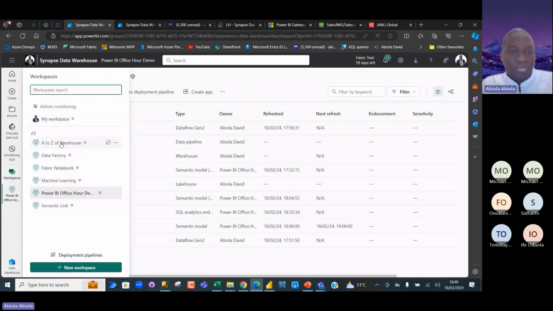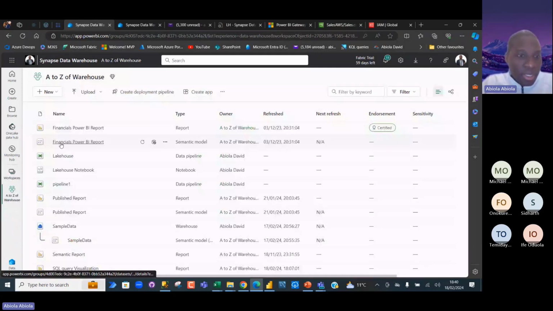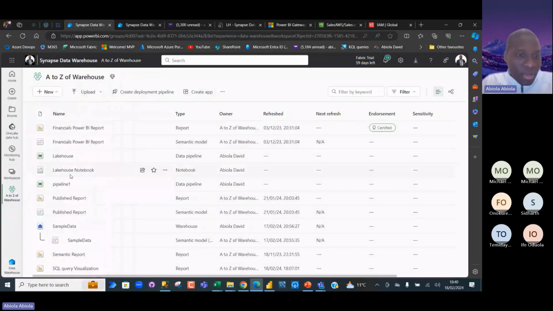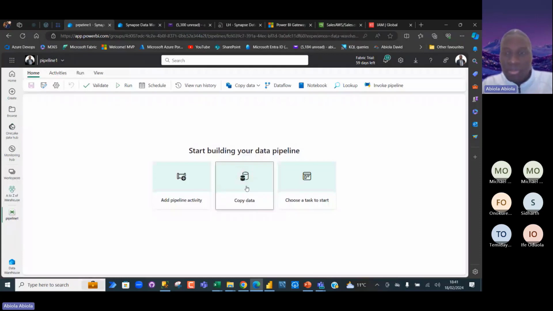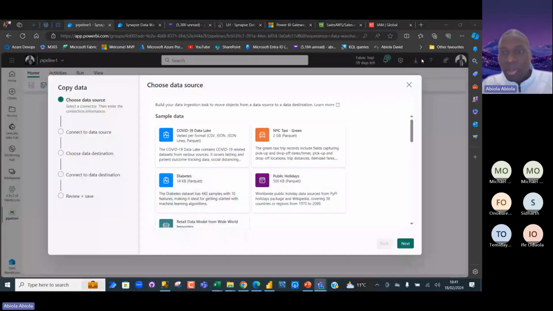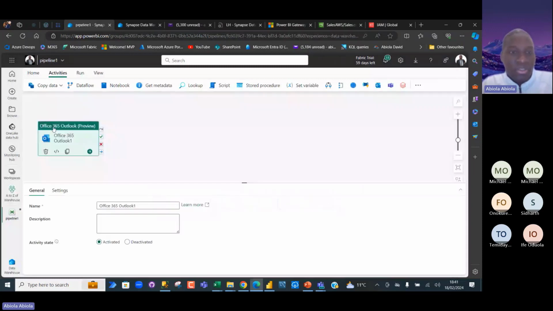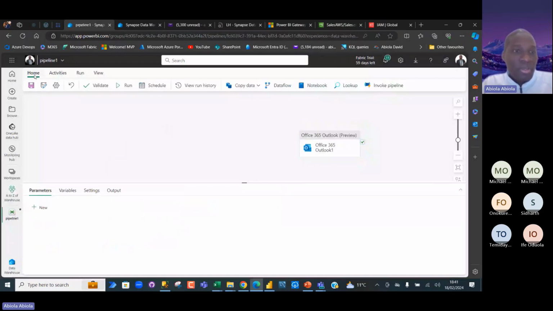Okay, let me come here. Let me create a new one. I actually don't want to create a new lakehouse. I'm just trying to see where I can use this pipeline. All right, copy activity. Before I copy, let me just cancel this. I'm going to come to the activity and click on this. I think this should work. And then copy. I'm going to come back here.